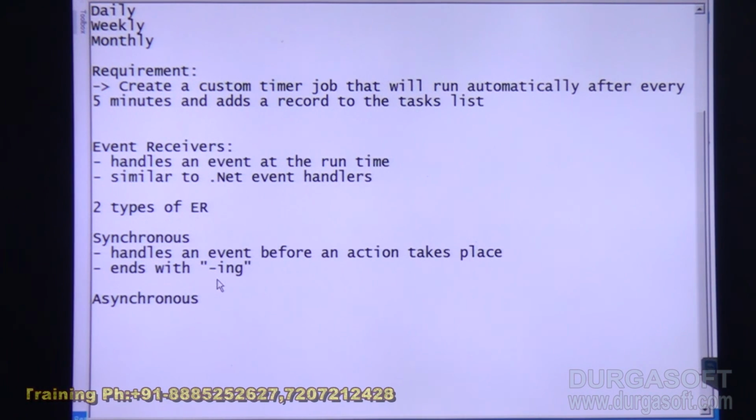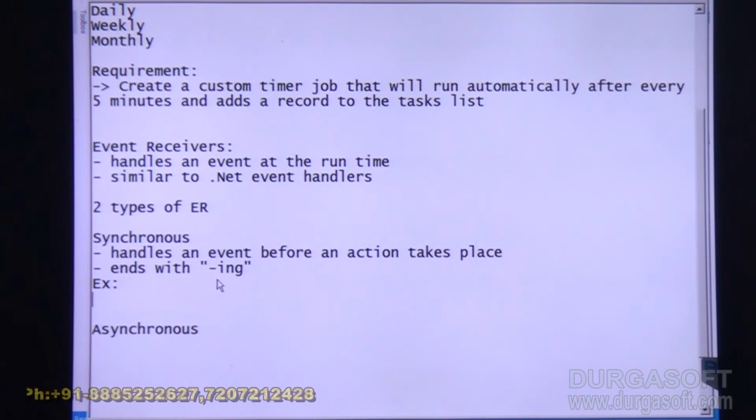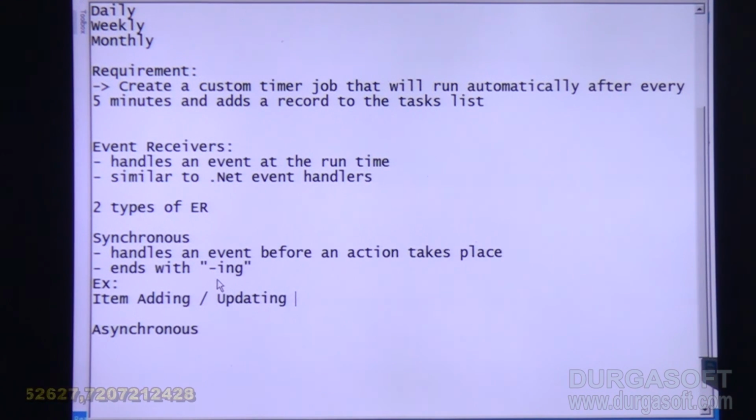For example, here in our case we have feature deactivating, item adding, updating, deleting. So all